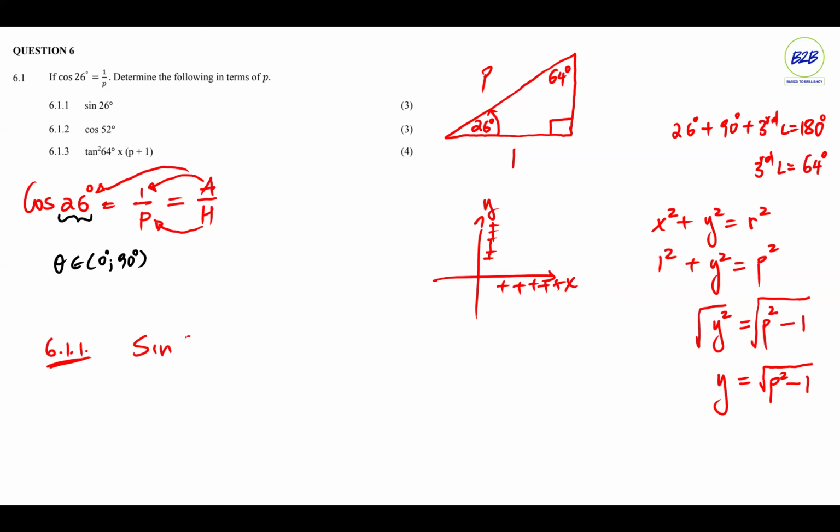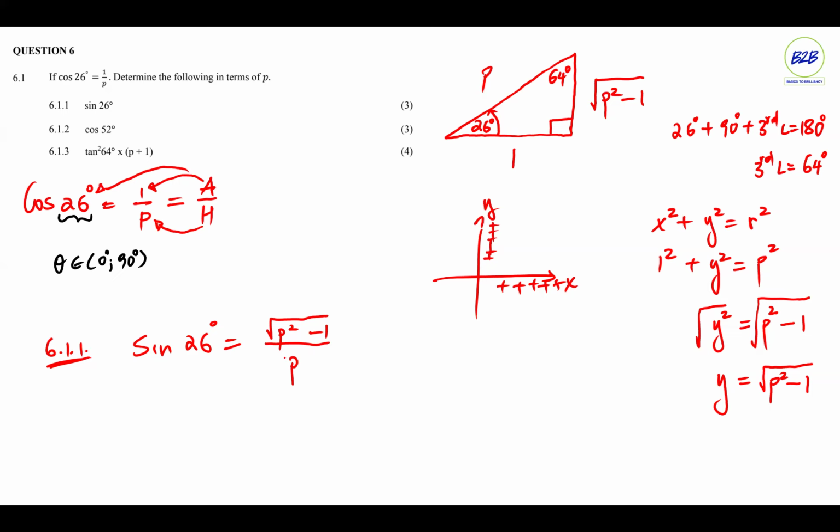Sine of 26 degrees. Opposite. Okay, let me label that. Opposite is the value of y, which is the one that we've just calculated, the square root of p squared minus 1, all over hypotenuse, which is p. And that, folks, is how we calculate that answer for